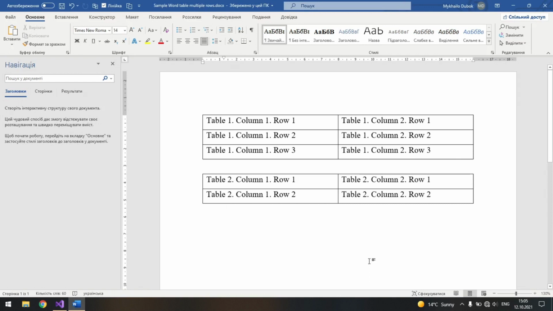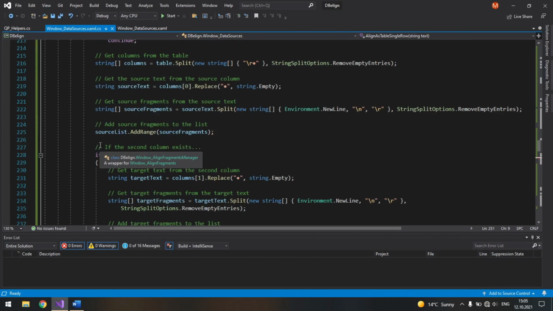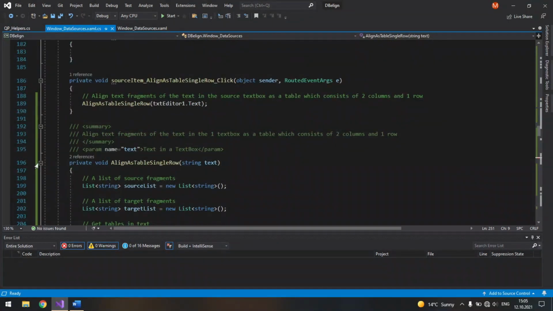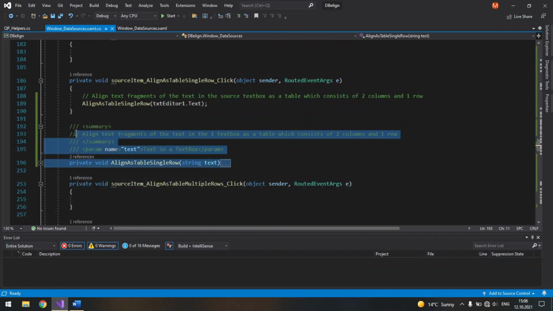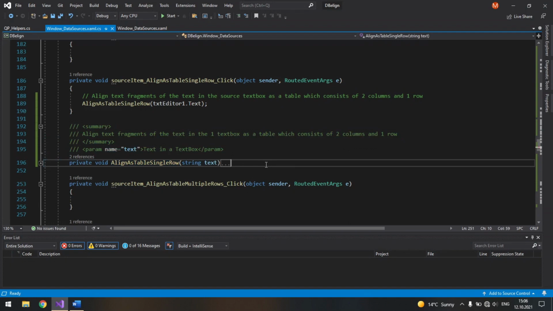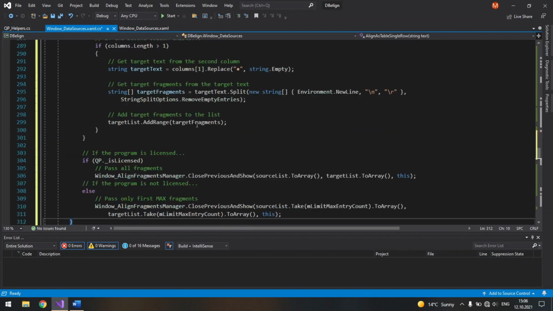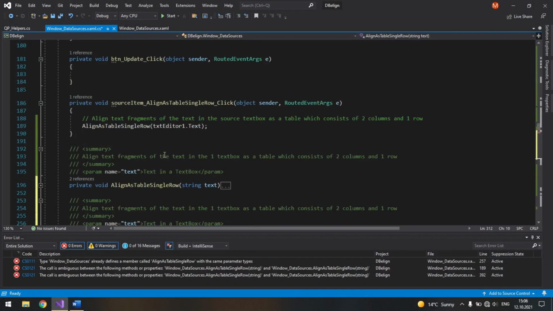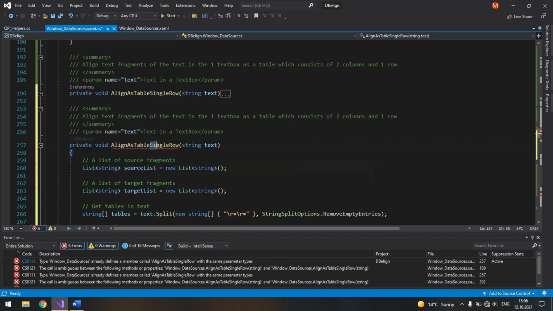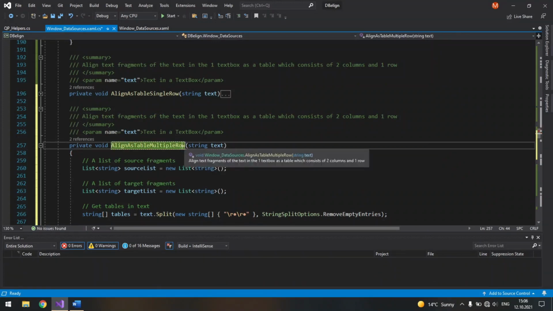And now let's deal with tables that have multiple rows, like here. To do this, we will use it as a sample. So copy it and paste it here, and align as table multiple rows.